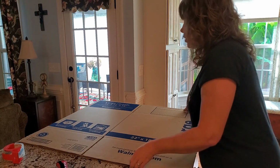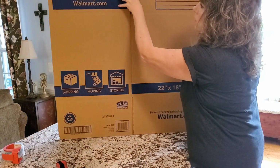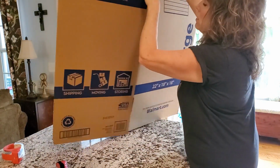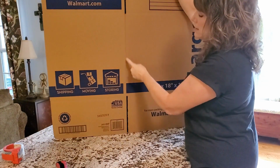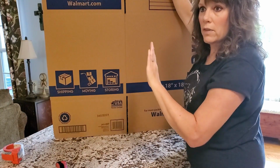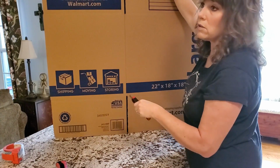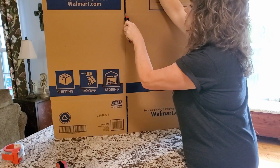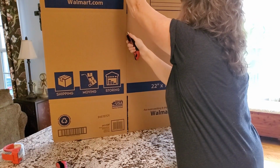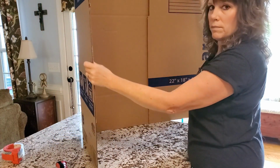Okay? So what you do is you find the seam on the 4 corners of the box. When you open it out, there's going to be a seam that is glued, because it's one piece that they fold, and they have to glue it at one portion to keep it together. So let me do this with my right hand. I cut that seam right there,